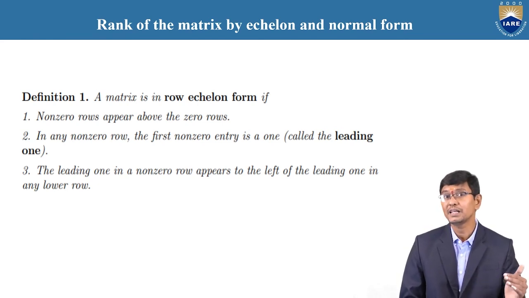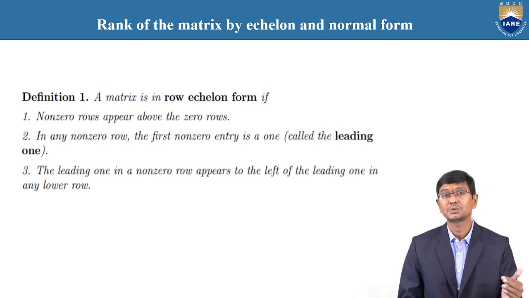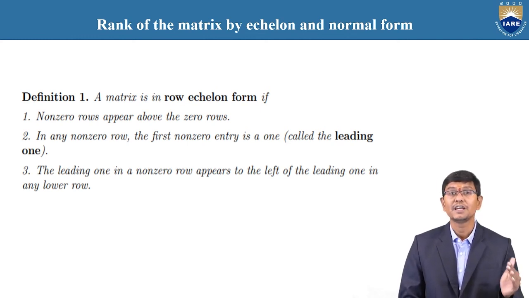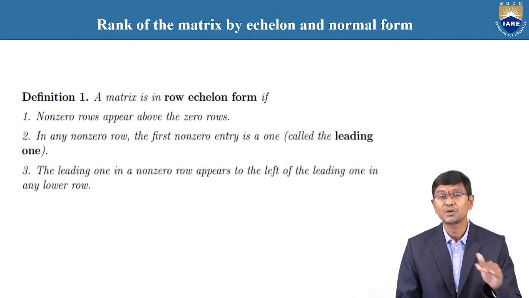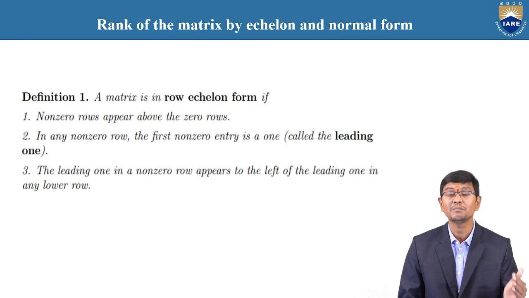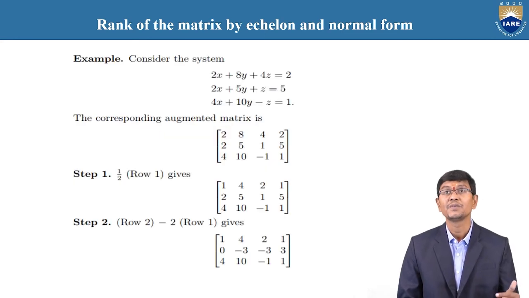That is a comparison between the first row and second row, or the second row and third row. From top to bottom, the number of zeros before the non-zero number is in increasing order. Otherwise, from bottom to top, it is a decreasing order. Here also we need to understand this with an example.